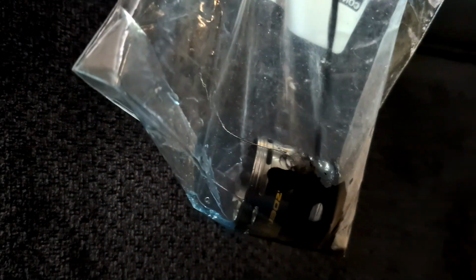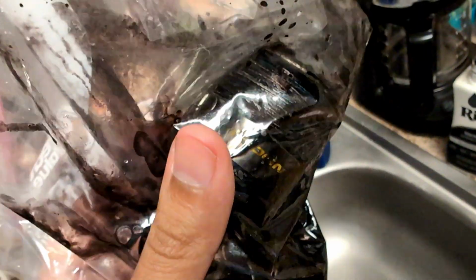Alrighty, here we go. And just pour it on in there. Perfect. Be careful with this stuff, guys, because you know it is dye. It'll get everywhere, and whatever you don't want colored is going to turn colored. Then, with our dish soap, we're just going to add some hot water and let it sit for a while and let the dyeing begin. I've moved over to our sink, and as you can see,